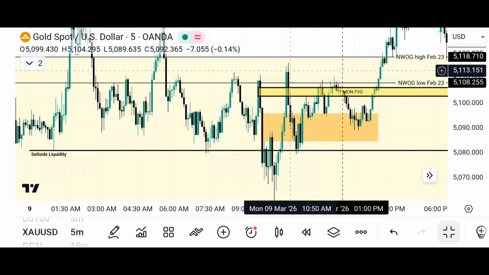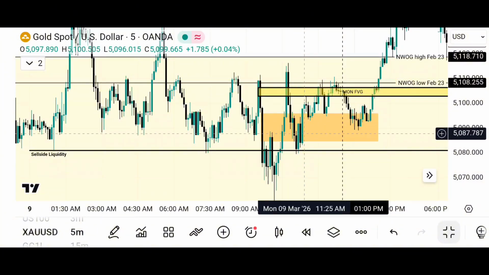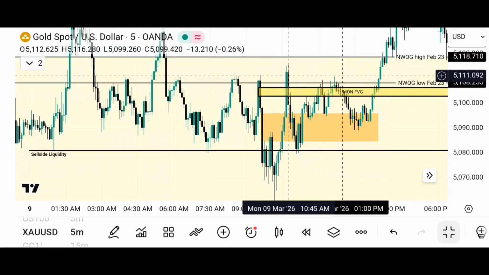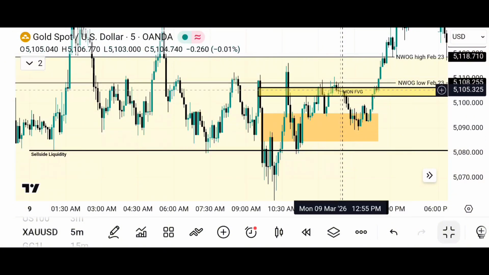After closing above it, when it trades down into it, it's going to use that point as a reference point to bounce up, just like price did right here after trading and closing above this inversion fair value gap. It comes down into it and rallies up again into the Monday's first presented fair value gap,